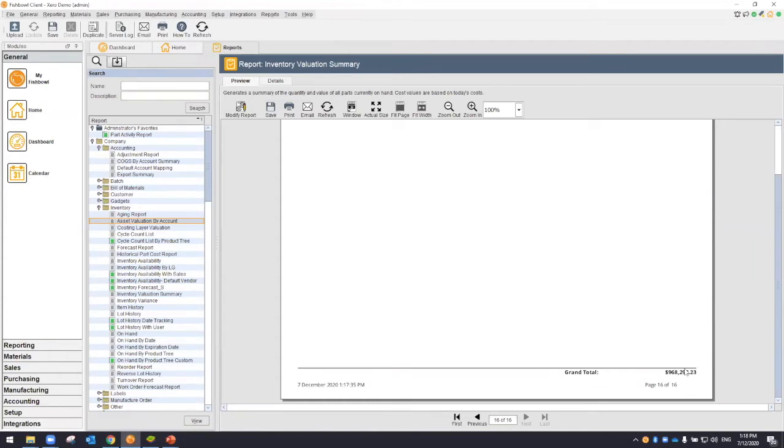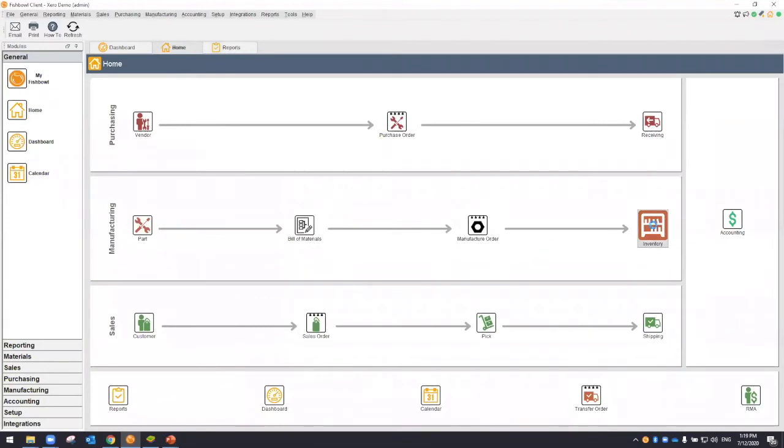So that's what we want to see. Now, in real life, that's very rarely the case. Now, there is a reason why it should always be out by a little bit. And that reason is all the accounting systems that we integrate with, so Xero, QuickBooks, and Reckon Accounts, when they do journals to and from the inventory asset account, they are always to the number of cents, so 2 decimal places. However, when we're looking in Fishbowl, if I jump back into Fishbowl here and go into my inventory,